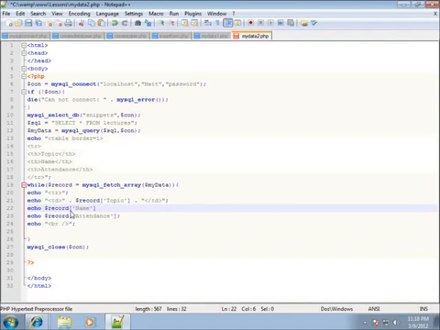So we'll do the exact same thing here. I'll go ahead and do a TD, and then at the end of this one we're going to go ahead and append or concatenate into this the closing TD tag, and then we'll end it with a semicolon. There we go, everything looks right. Now let's do the last one here, and I'll go ahead and do a TD,